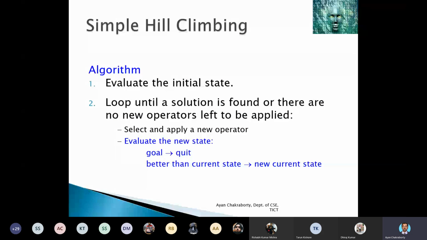As you can see here, according to the hill climbing algorithm, if a state is better than the current state, evaluate the new state, select and apply a new operator, and evaluate the new state. If this new state is the goal state, then quit. Otherwise, choose the better one from the current state. So these are the simple logics of the simple hill climbing algorithm.